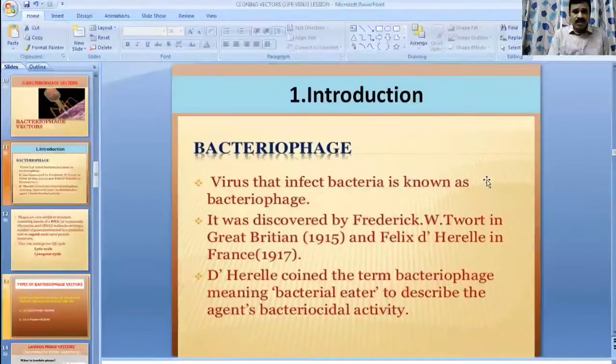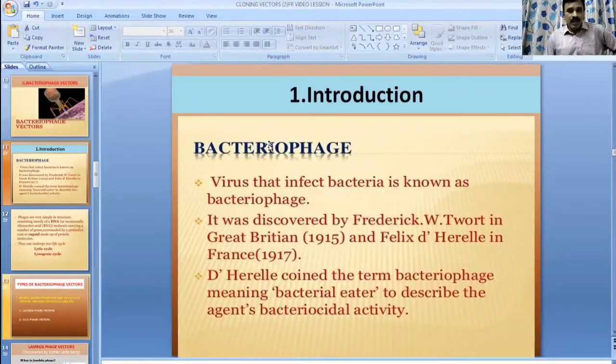Bacteriophage is a virus. Generally, some of the students think that bacteriophages are bacteria because the name includes bacteria, no? But these are not bacteria, these are viruses. So bacteriophages are the viruses that infect bacteria. It was first discovered by Frederick Twort